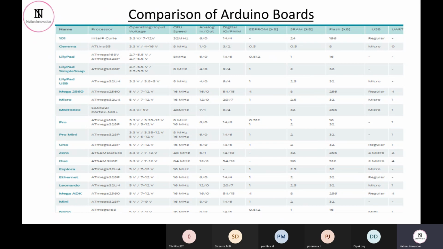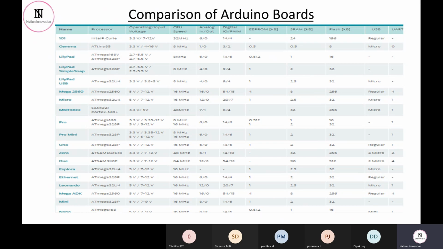The basic disadvantage of the Arduino board is that its computation power is not that big. If you want a very sophisticated system, suppose we want to build some kind of database directly on the Arduino, it might not be possible.